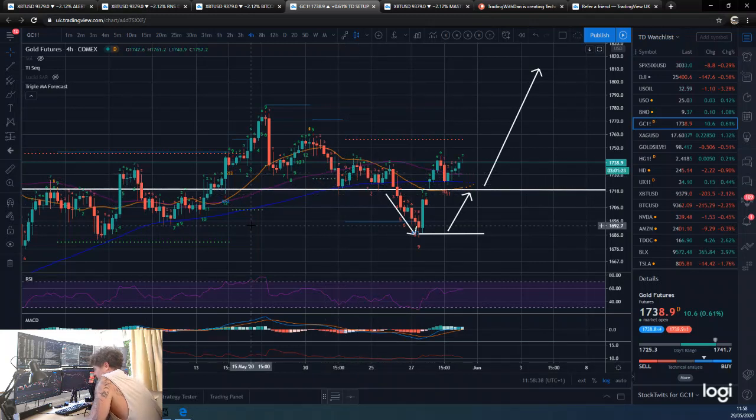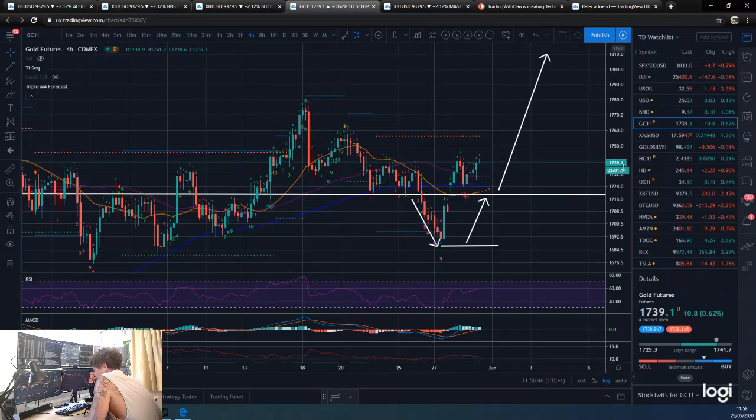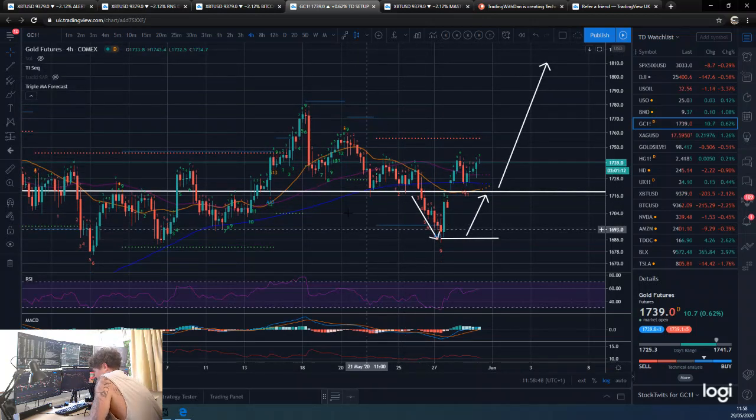If you know how to trade these, you know how to put in the levels, you know what your targets are, then you can tame some of these markets to a certain extent. And this is not financial advice, I'm not a financial advisor, but you can see it. We've been doing it in real time every day. So let's have a look at the daily.